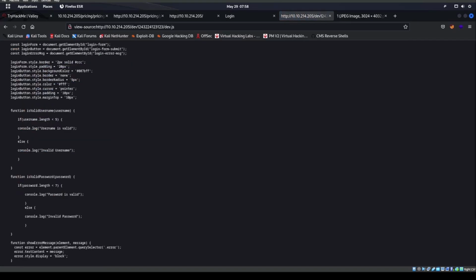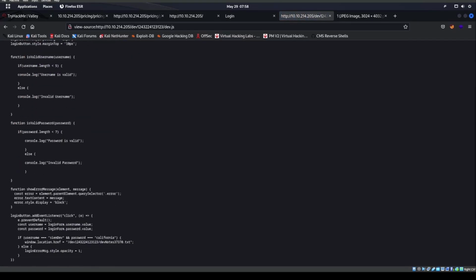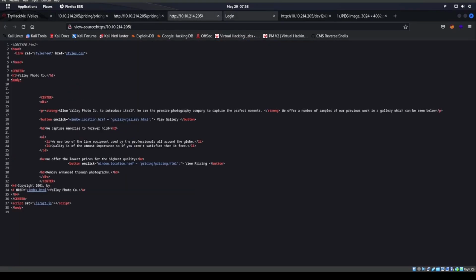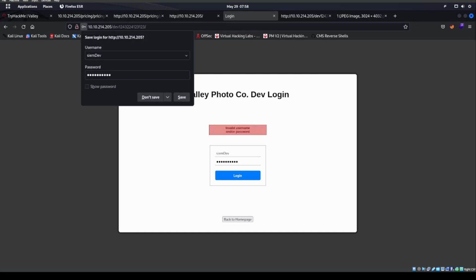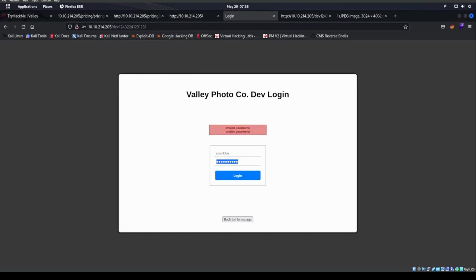Let's look up our JavaScript for dev. And if you scroll down, you actually find a username and password down here. So let's log in with that username and password and see if we can do anything with it. Okay, it doesn't look like it. Oh, yep, we can. Okay, stop using credentials, check for vulnerabilities, stay up to date on patching, and change FTP